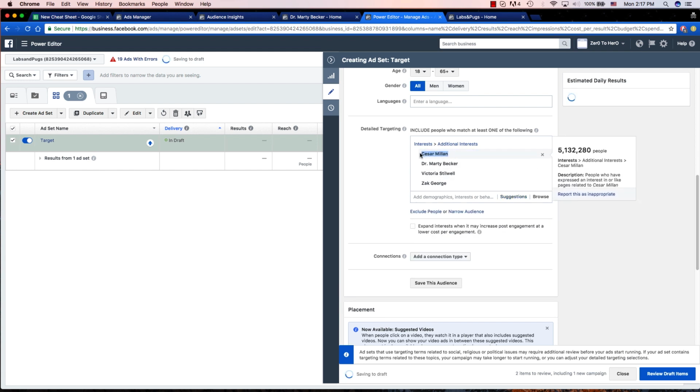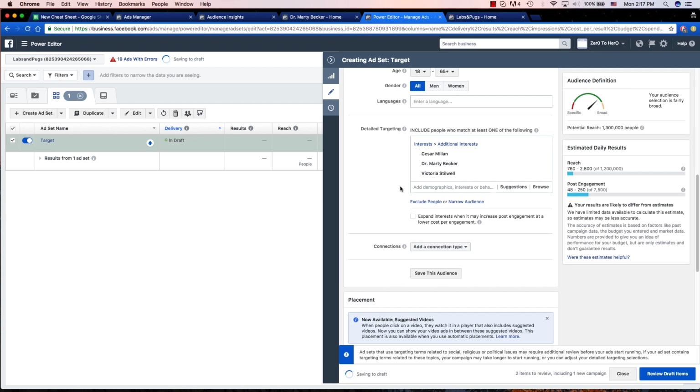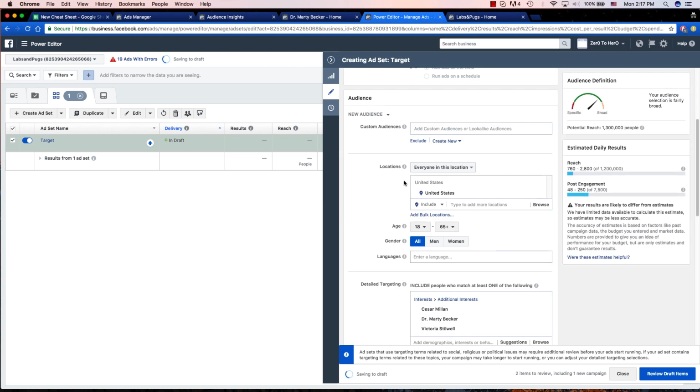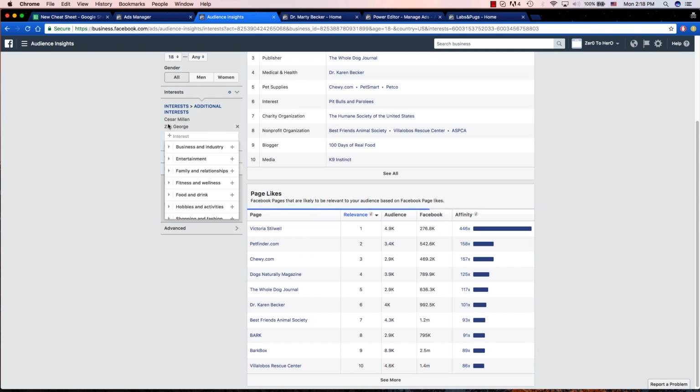Cesar Millan. Of course, guys, Cesar Millan is a huge deal for dog lovers. And this targeting will be good. Okay, 1.3 million is very good because it's really broad and you will let Facebook just look for buyers for you. Now, because Cesar Millan is our major targeting keyword,